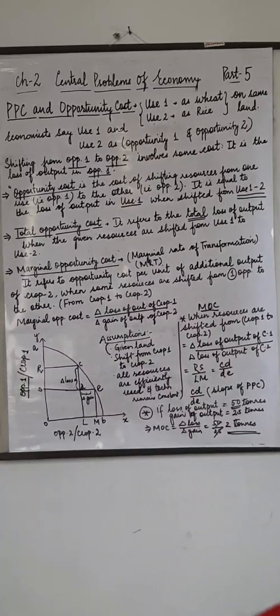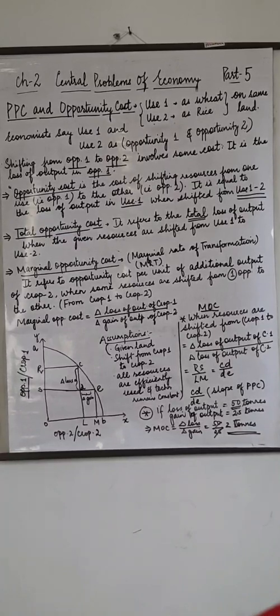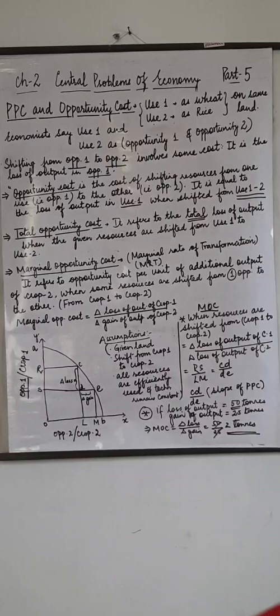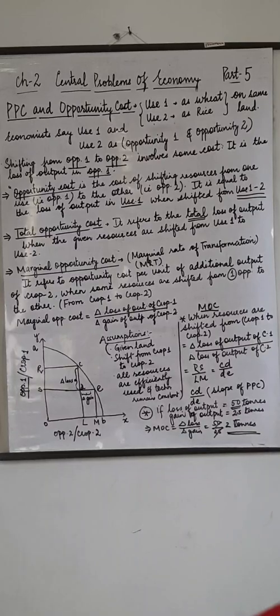How to produce means which technique is to be used, either labor intensive technique or capital intensive technique. Then for whom to produce, which was basically the distribution of income among rich and poor. We have also discussed the shifts in the graph. Now moving on, today we will start with